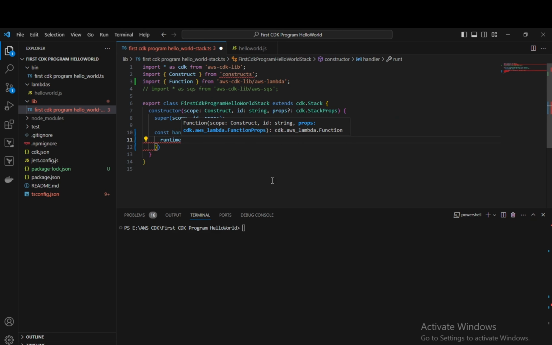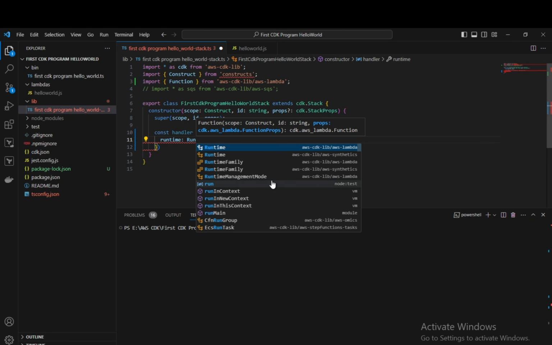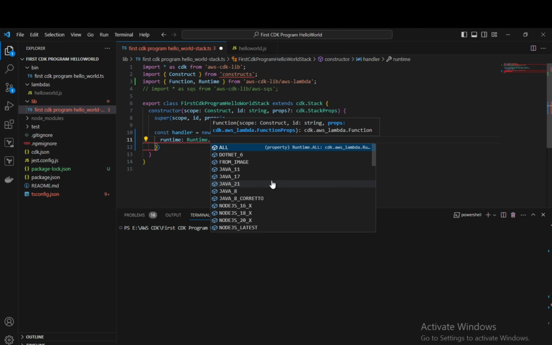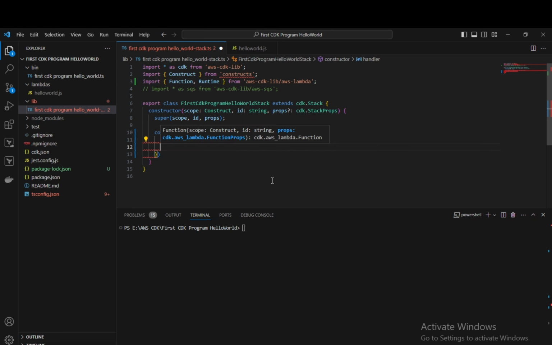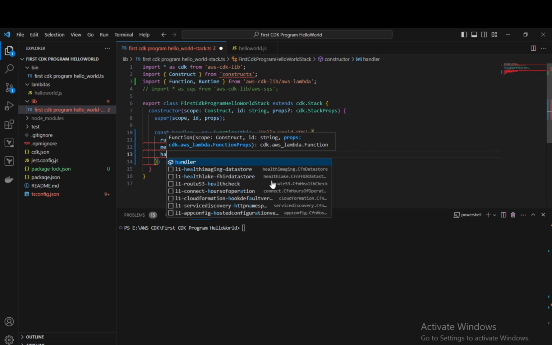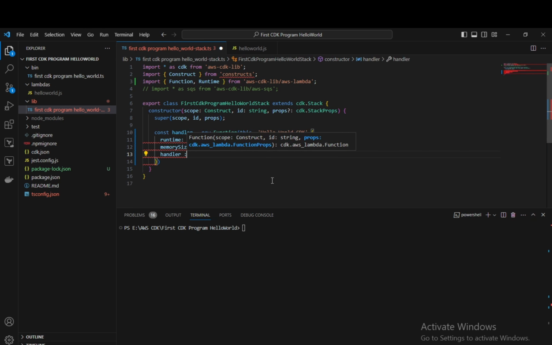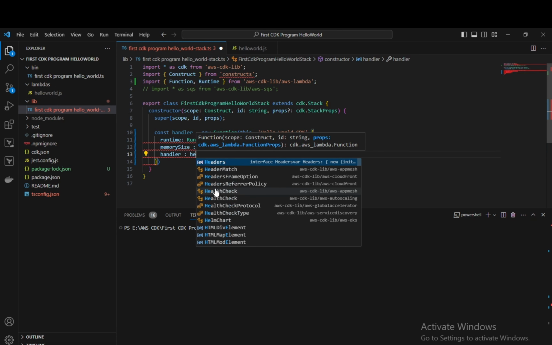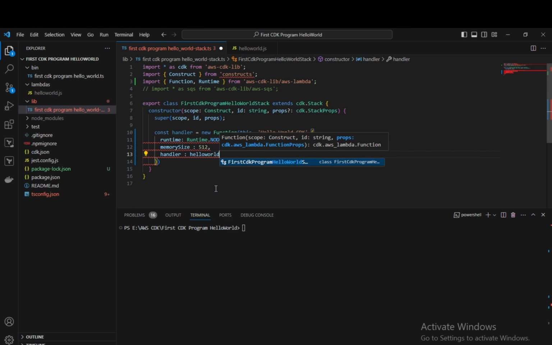Say it as runtime. So we have runtime environments like .NET, Java, Node.js, Go, and so on and so forth. So we are using Node, and then we can provide memory size. This is optional. We will specify a memory size of 512 MB, and then we are going to specify the handler name. Say it as handler, and inside the handler we have something called hello world. So our handler will be hello world dot handler,